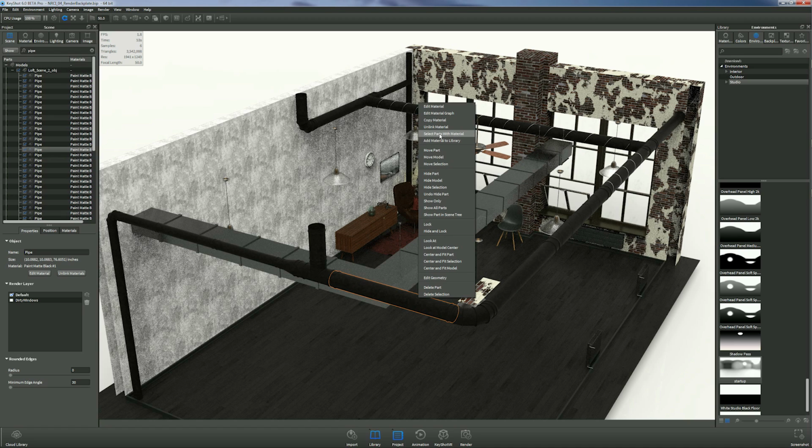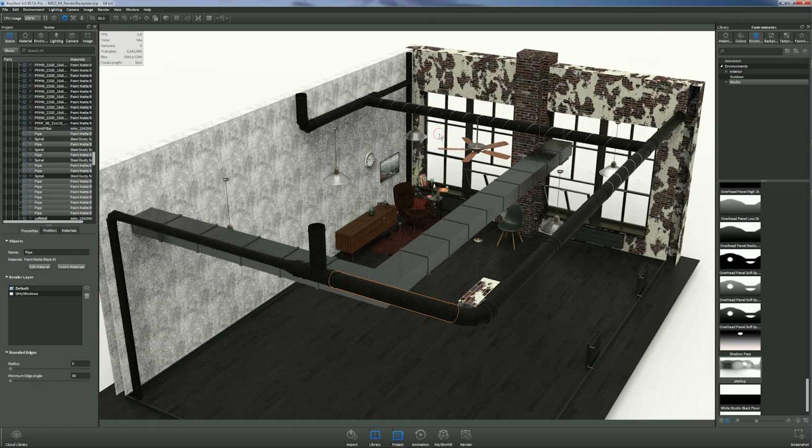So select parts with material. This will select everything with the same material on it. And you see how it selected this entire pipe assembly, which had lots of different pieces. When I had originally opened this model, instead of saying pipe, it said some string of numbers, something unintelligible. So with all those selected, I went down here on the properties tab and named them all the same thing, pipe, and that's how I can keep them organized